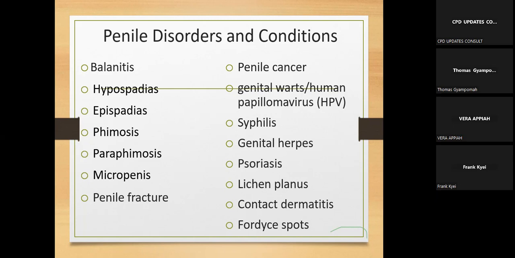Some of the disorders of the penis include balanitis, hypospadias, epispadias, phimosis, paraphimosis, micropenis. You leave out micropenis for now. Penile fracture, penile cancers. We have genital warts, and in this discussion, I think we will end with the genital warts. We're going to look at syphilis, genital herpes, and